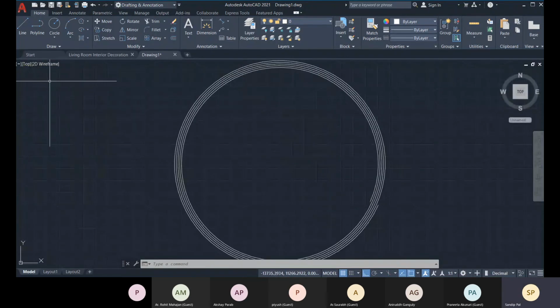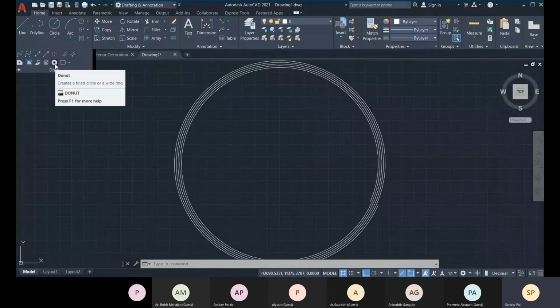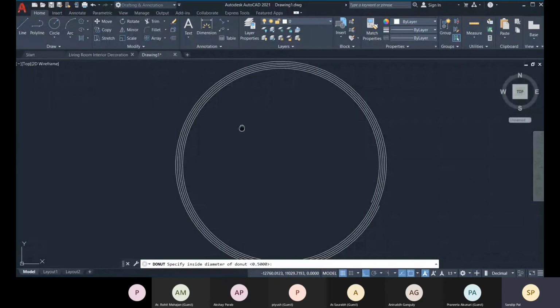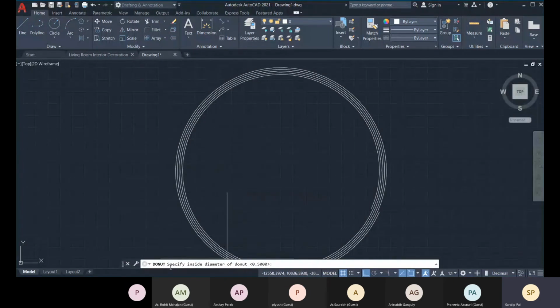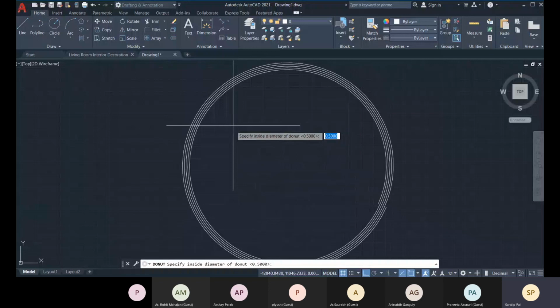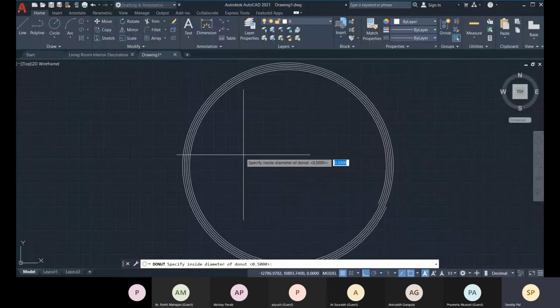Let's come back to the top view again, and now we have this kind of shape. You can create some designs and patterns. This donut will help architects and civil engineers, and it is also mostly used for mechanical work. A donut shape you are all aware of, so that kind of shape can be made.